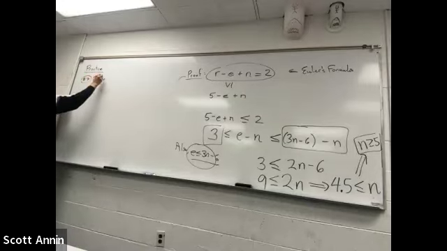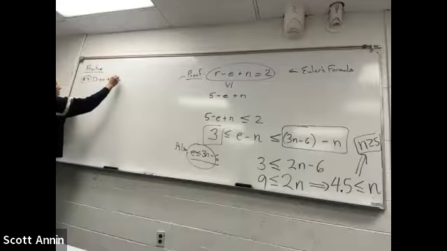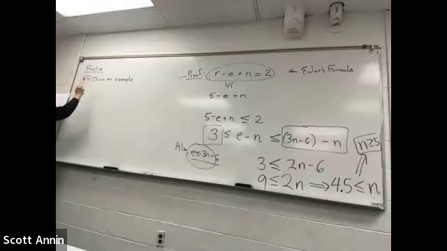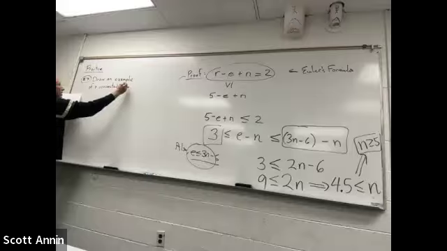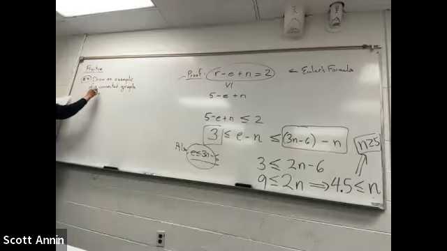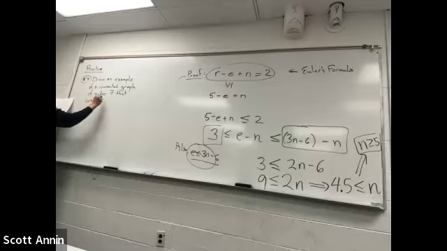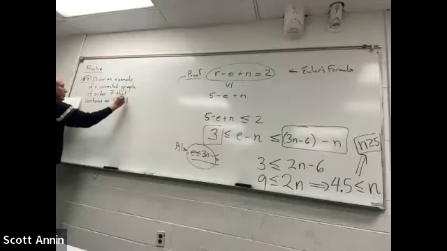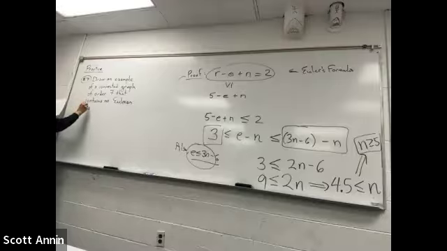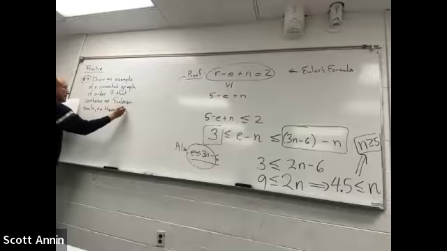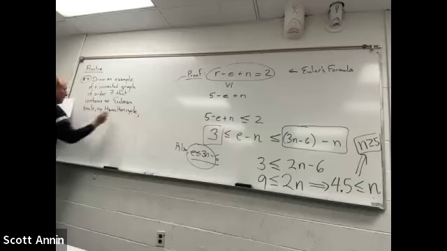It says, draw an example of a connected graph of order 7 that contains no Eulerian trails, no Hamilton cycle, and